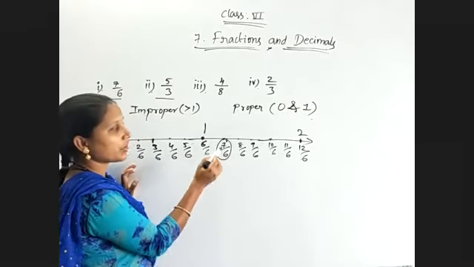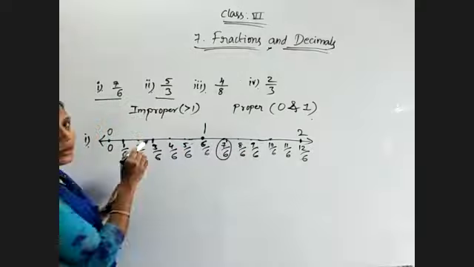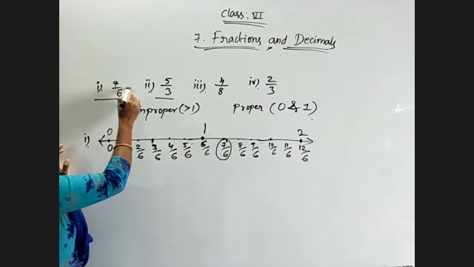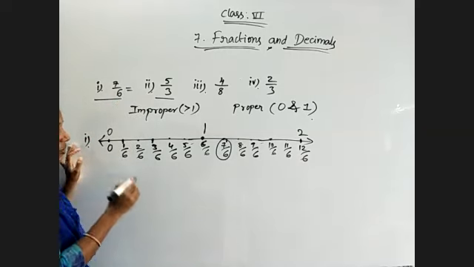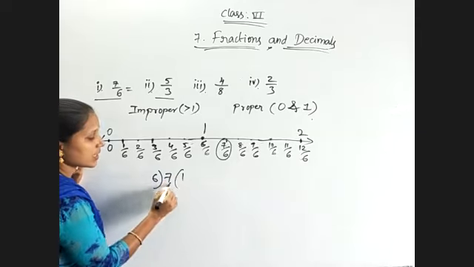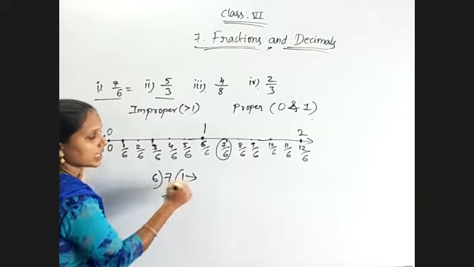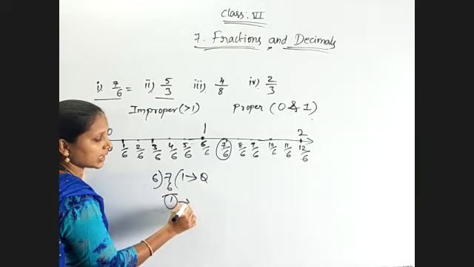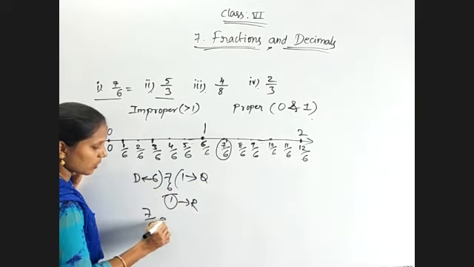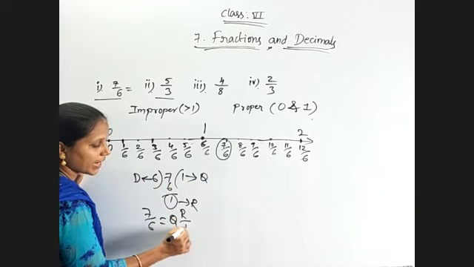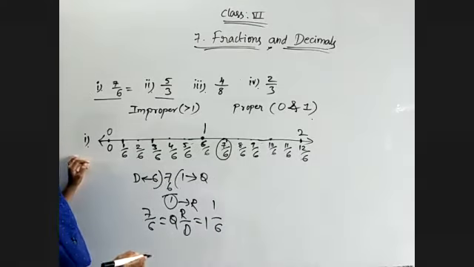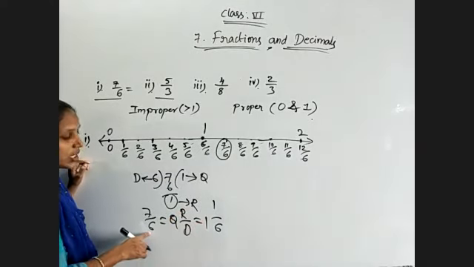It is lying between 1 and 2. How can we write where it is lying on the number line? Just first convert it into a mixed fraction. How to convert into a mixed fraction? Go through the division. 6 ones are 6, 1 is left. So we have quotient, remainder, divisor. That means 7/6 is equal to quotient, remainder by divisor. Quotient is 1, remainder is 1, divisor is 6. So 1 and 1/6 is the mixed fraction of 7/6.